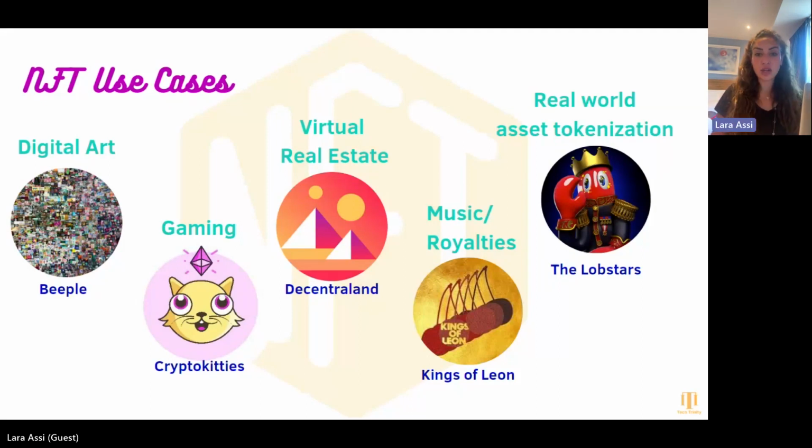And then we're going to talk about tokenization, or real world asset tokenization, which is what the Lobstars project is all about. So what they do is they tokenize real world assets. You can have physical goods, physical artwork, luxury goods. You can just take these and create unique digital representations on the blockchain. Now, it's really important because tokenization of real world assets, which is breaking down a real world asset and selling it in fractions, is very important